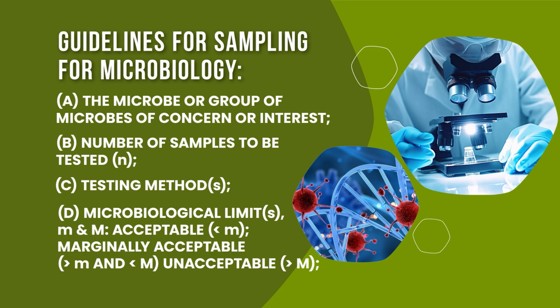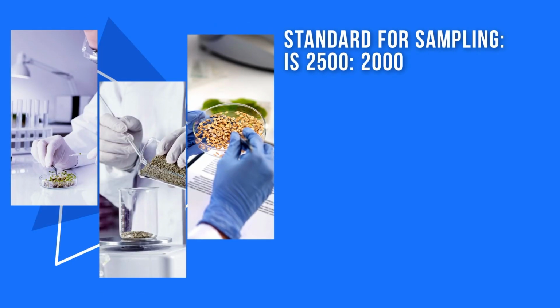So if it is more than small m but less than capital M, it is marginally acceptable. But if any sample is having a microbial load which is more than capital M, then the whole lot is rejected. So the number of samples which fall into each category of microbial limit, acceptable, marginal and unacceptable, is the guideline that we follow. Standard for sampling, we have